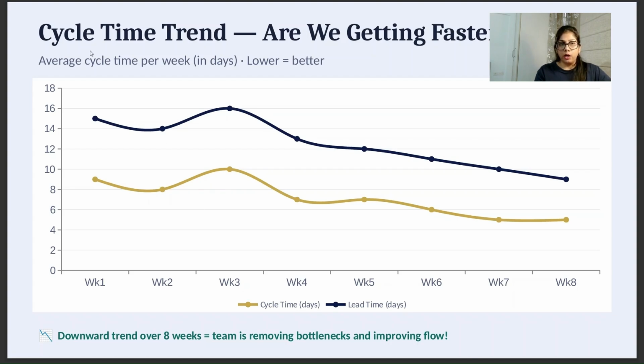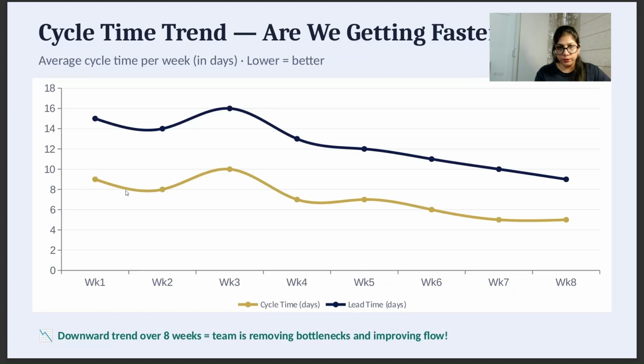So here is the graph of cycle time trend. Are we getting faster? Average cycle time per week in days. As I mentioned earlier as well, if your cycle time is lower, it means it is better. Your team is improving. So when we see here from week 1, the cycle time